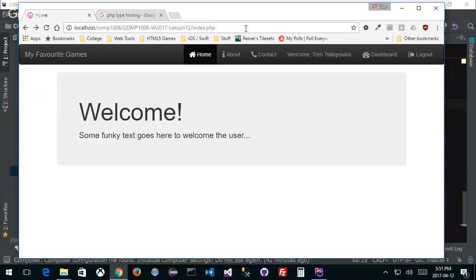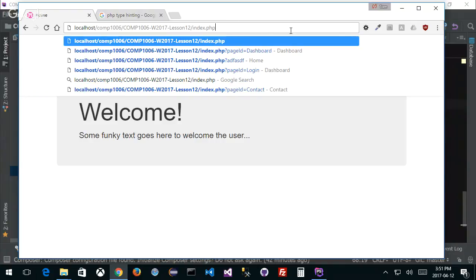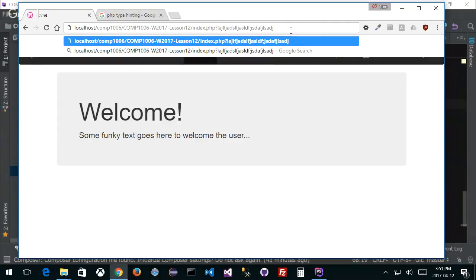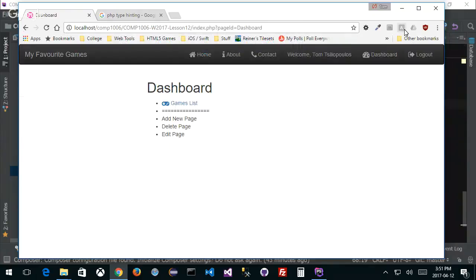And it might be caching too. Caching is a nasty thing when it comes to stuff. So if I put a page that you don't know, like this, if I say index.php and then a question mark and then la la la la, what will it do then? Well, it's going to do this, which is also not what we want. I want it to go so that if it's not found,